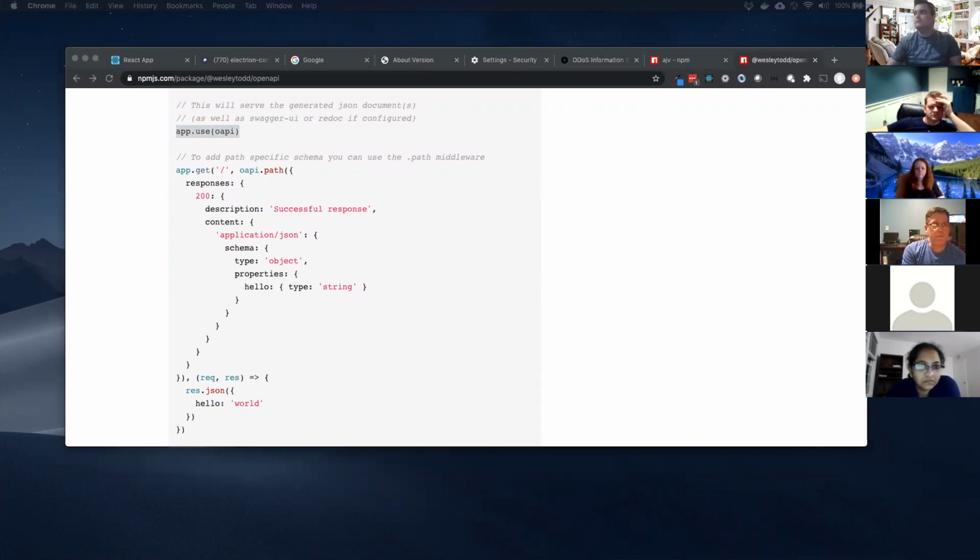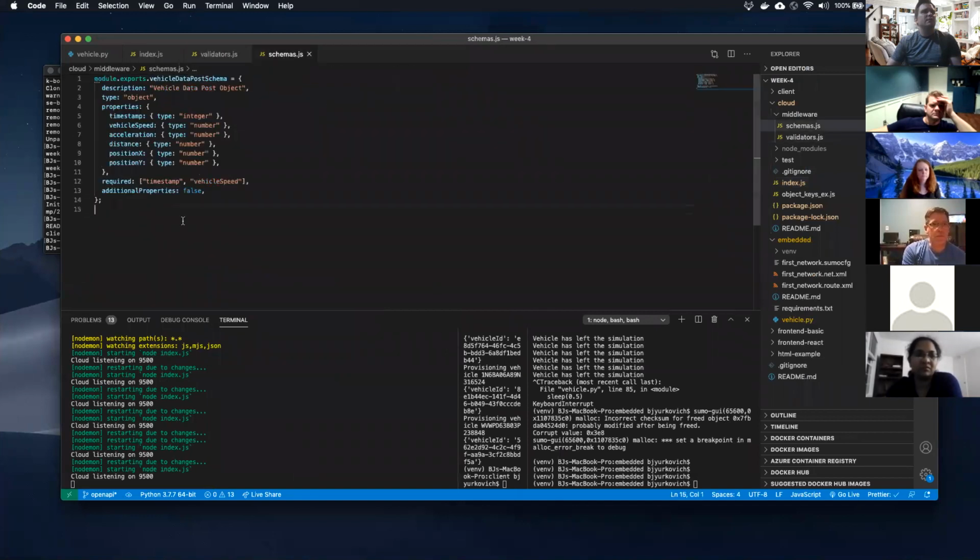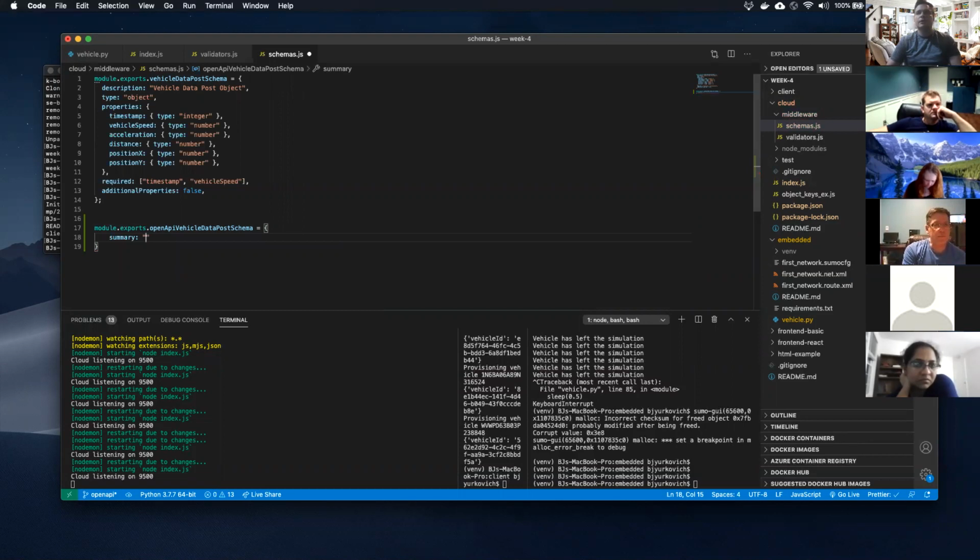And now we have to start looking at how are we going to do this. So let's go to our schemas here, and I'm going to module.exports dot, same thing, vehicle data post, but I'm going to do OpenAPI vehicle data post schema, because the OpenAPI is slightly different, right, than our JSON schema. It's got a few things. Let's see. First one is summary. So summary is post vehicle data, and then request body,